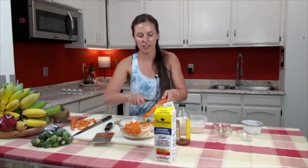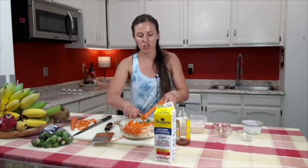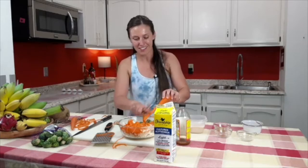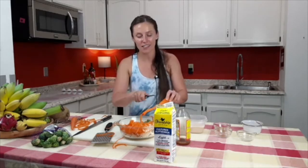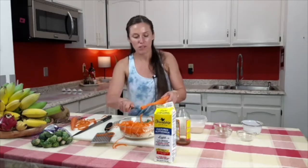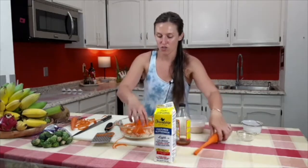That's actually what gives it that nice orange color. Beta carotene is good for eye health. Carrots also have some antioxidants in it. So if you've followed us, you know that we love antioxidants. They're very great for our body. They help deal with oxidative stress, which is just kind of like damage to our cells. It can also help with aging. So then we just make sure that we get